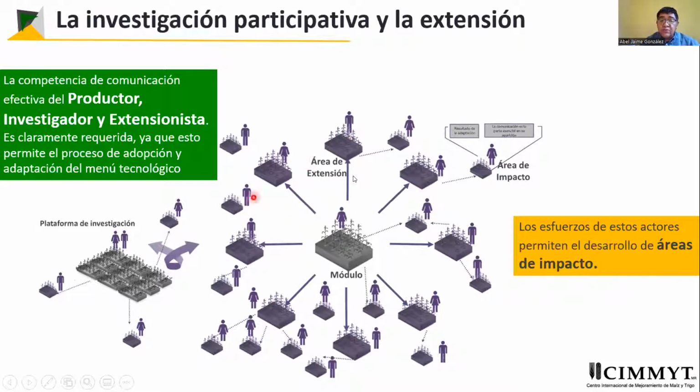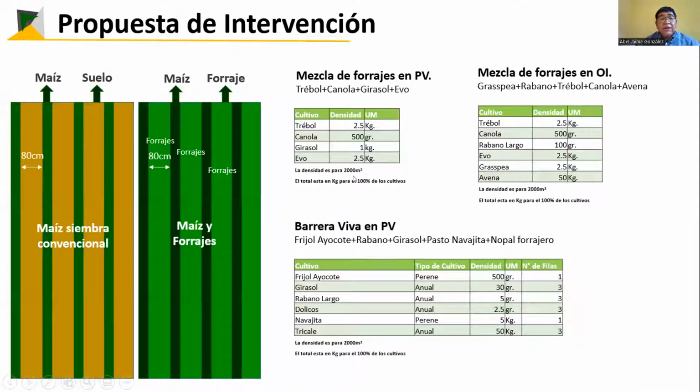So in this way, communication among the technicians and the growers is more and more important, so that now we can truly have a good impact. What we saw at the beginning of our intervention project was that it was necessary to have a conventional planting maize area with some maize and some coverage crops and the 80-centimeter rows, and then to split that